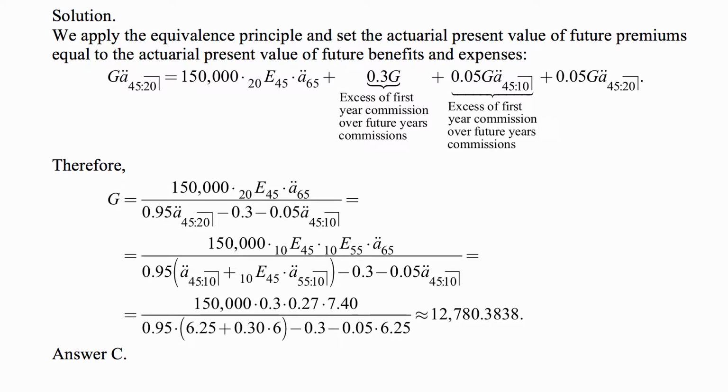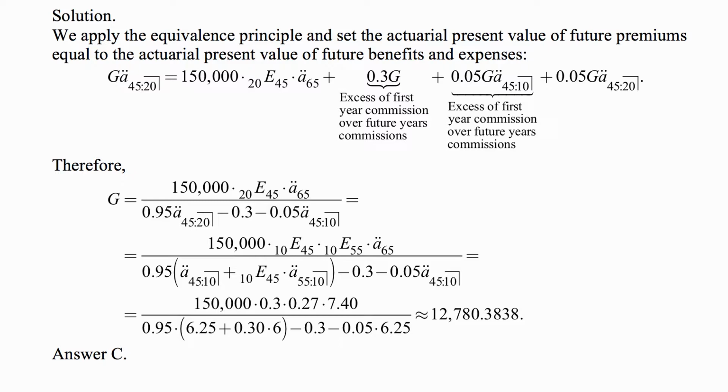The left-hand side is the actuarial present value of future premiums payable during the deferral period of 20 years, as long as a 45-year-old is alive, so it's a temporary life annuity due of G. The right-hand side pays for the $150,000 life annuity due at age 65, deferred over 20 years from age 45. That's why this pure endowment factor is there, plus the excess of first-year commission over future year commissions of 0.3